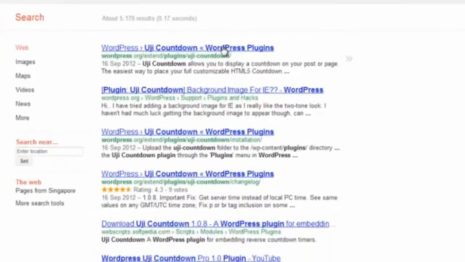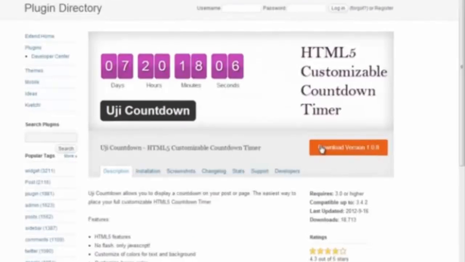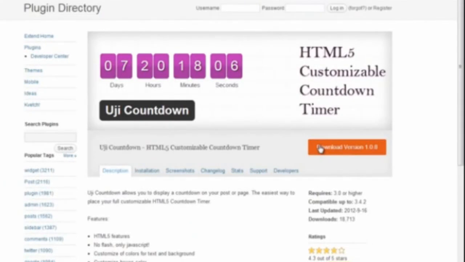Okay, we've got some Google results. Click again, and here we go. This is completely free. So you may or may not want to use that for your site, but I hope you can start to see that whenever you see a feature or a design that interests you, this is a brilliant way to find out